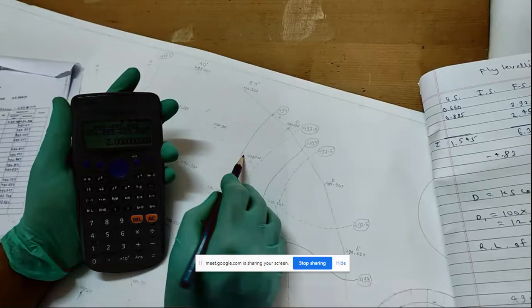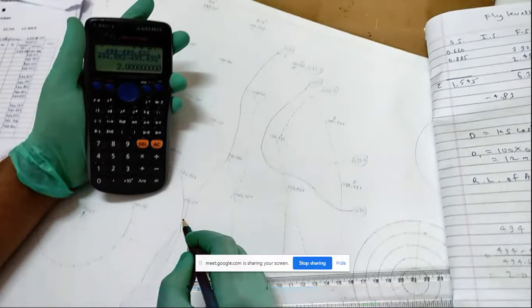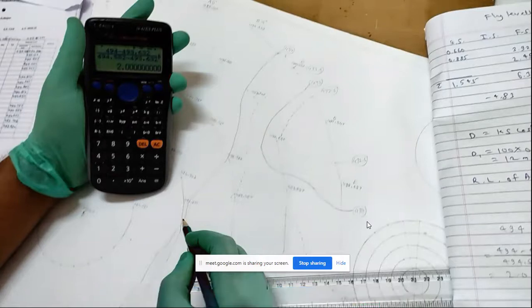grids. Okay, so likewise, you are supposed to do the interpolation of the contours for passing. So we know that the contour line can lie within the map, or it generally forms a closed loop. But as we have restrictions for drawing the sheet or the map, the contour lines can form a closed loop, or they can just start at one point and go out of our restricted map.